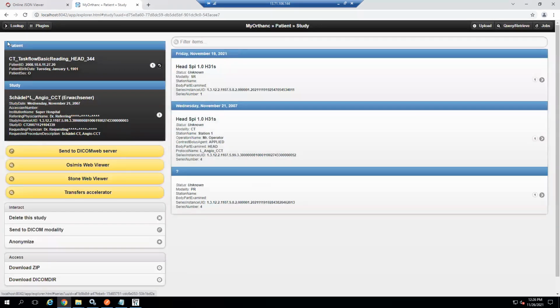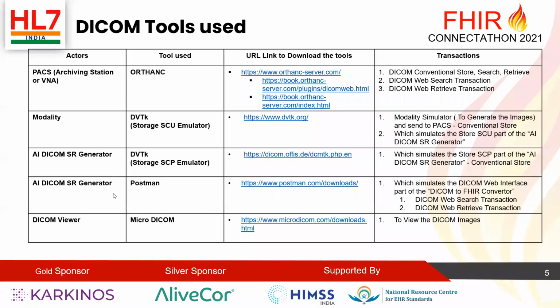Now let's see how I can send this onward. In turn, the modality of the PACS will be sending the images to the DICOM SR generator, where we are using the DVTK toolkit as a store SCP emulator, which will receive the images.